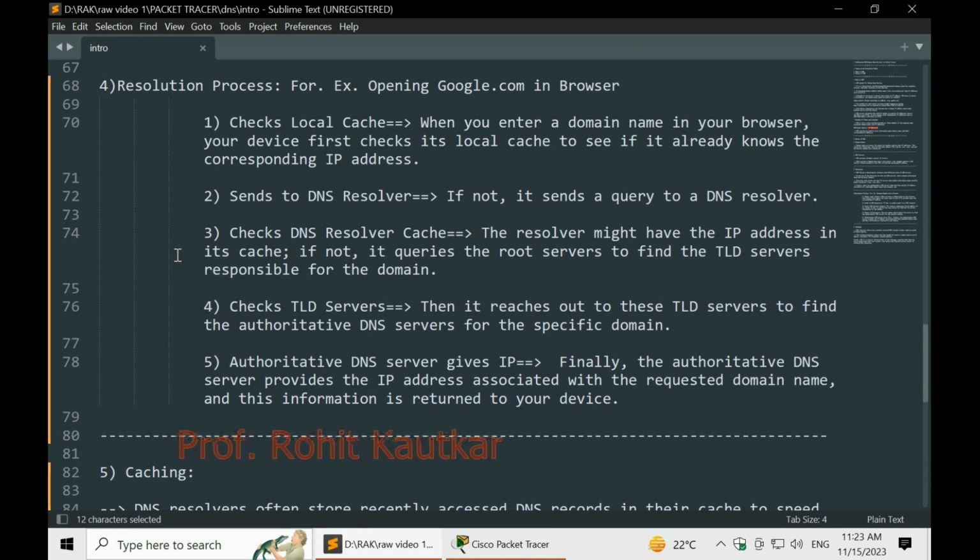If yes, then it will return the corresponding IP address immediately. If not, then it will forward the DNS query to the DNS resolver. The DNS resolver knows how to map a domain name to a specific IP address. Whenever a query comes to the DNS resolver, it will also check its own cache whether the entry is available or